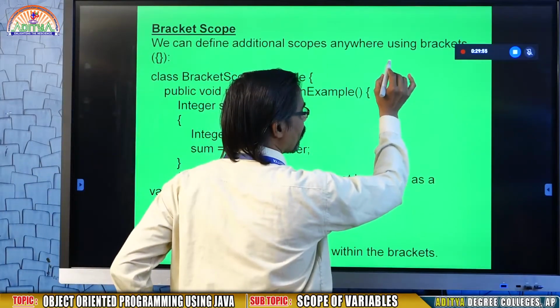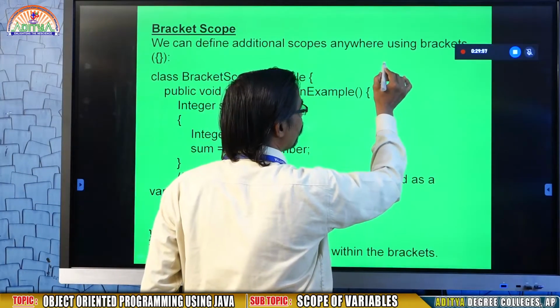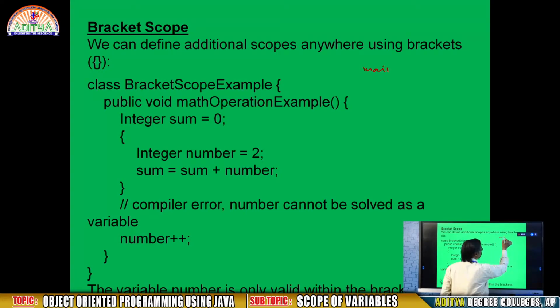See clearly, in C or whatever it may be, I am writing a main where I define int n equal to 5. Again inside main, I am writing a brace, again brace. There is no for, no while, nothing. I am just creating one additional scope of brackets, additional scope.